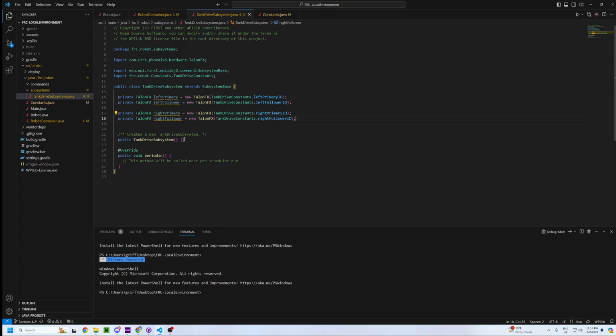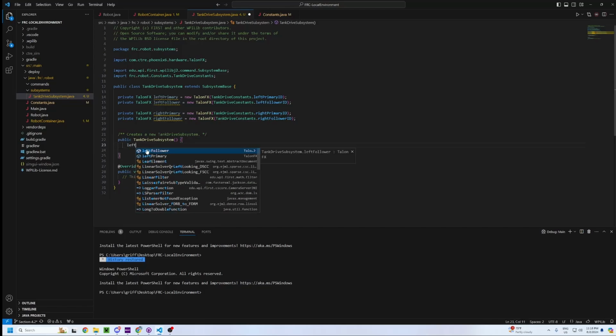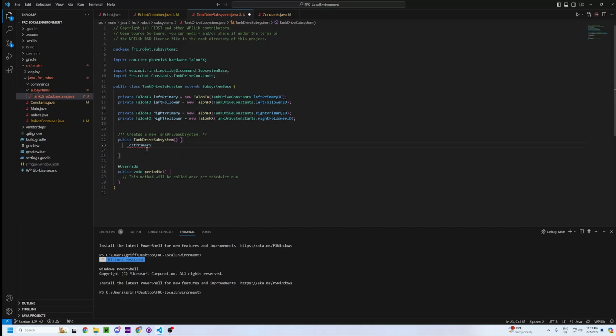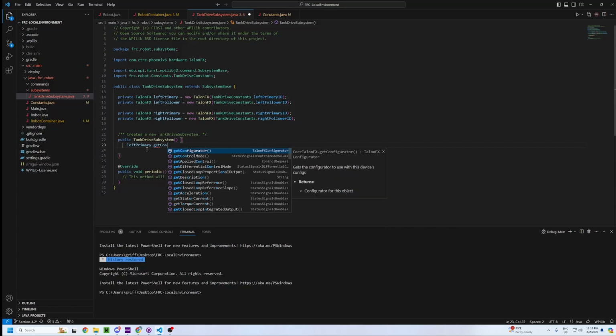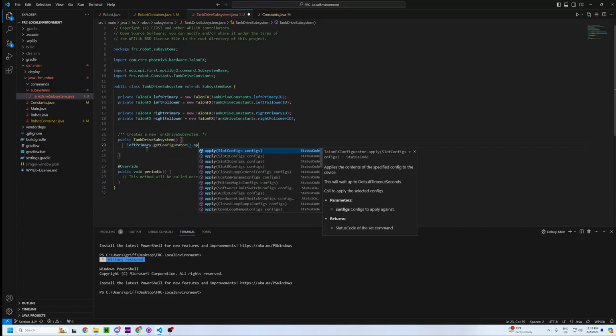Alright, let's move on to our constructor. So in robot.java, we usually configured our motors inside of robot init, but in the subsystem model, subsystems are instantiated right upon the running of the robot code. So you can do all your configuring in the constructor, since these are run with the creation of your subsystems. Starting off here, we're going to use the same exact access to the configurator as before. Starting with left primary, we're going to get its configurator, and then we're going to apply